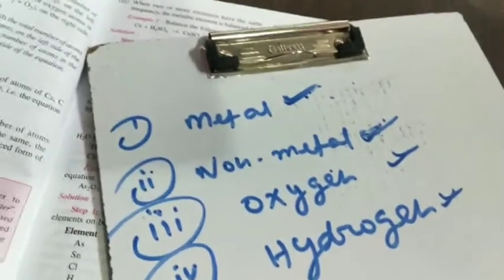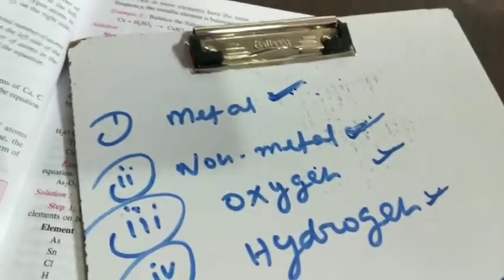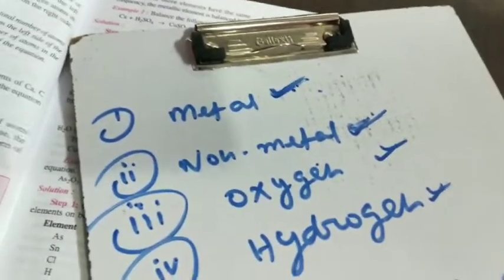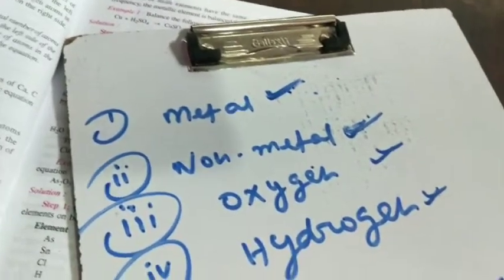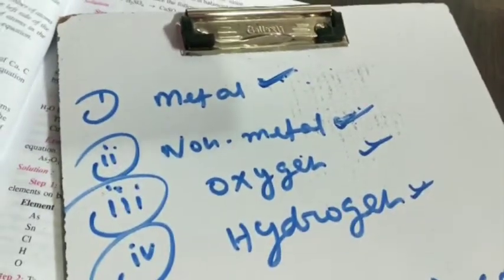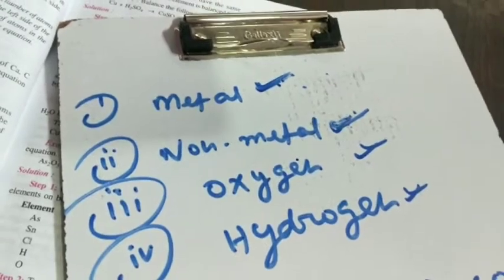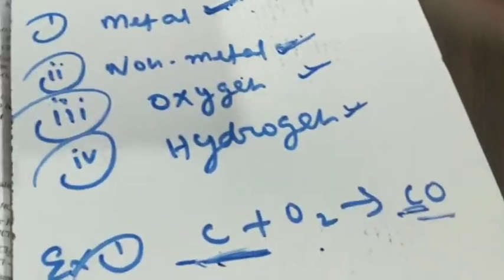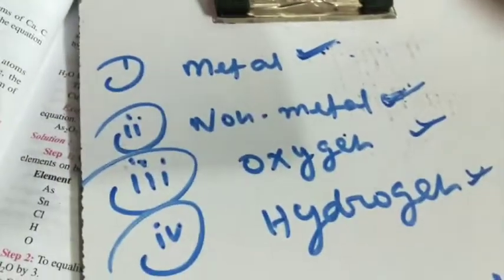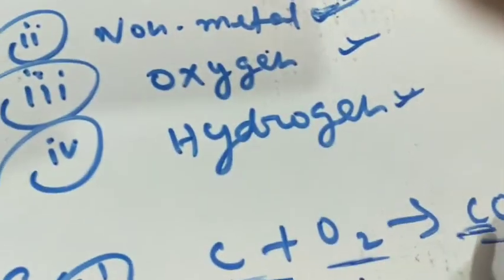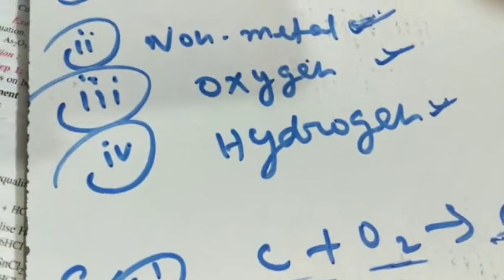So first you balance the carbon on the left hand side and right hand side. Count the number of carbon on the left hand side. Only one carbon on the left hand side and one carbon on the right hand side. So carbon is already balanced in this equation. Now according to the concept, after non-metal you balance the oxygen. Here two oxygen on the left hand side, but one oxygen on the right hand side. So you apply 2 before the compound.